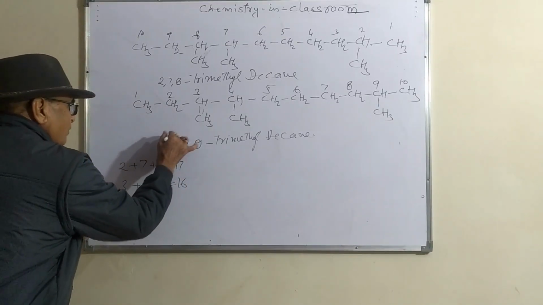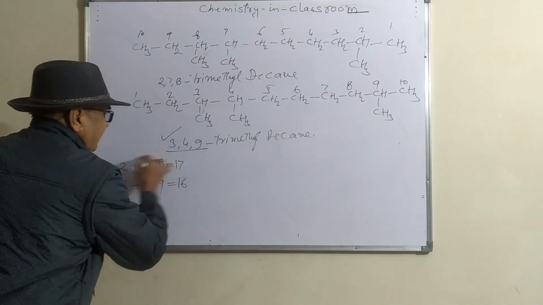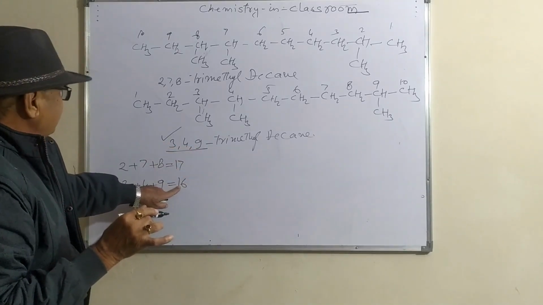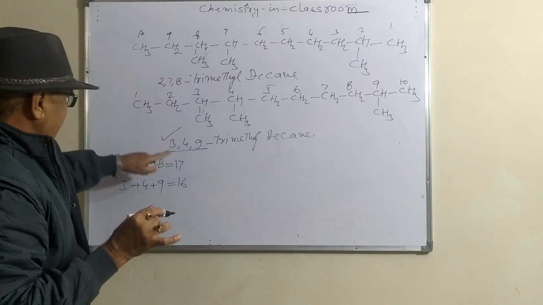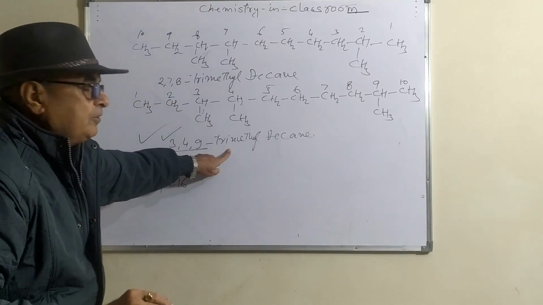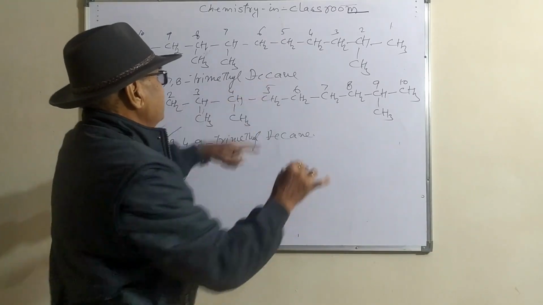So the sum of this set of three numbers is 16, and the sum of the other set of three numbers is 17. So this will be the lowest number, so this name will be right,